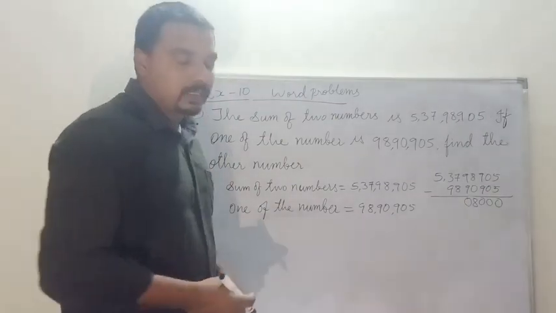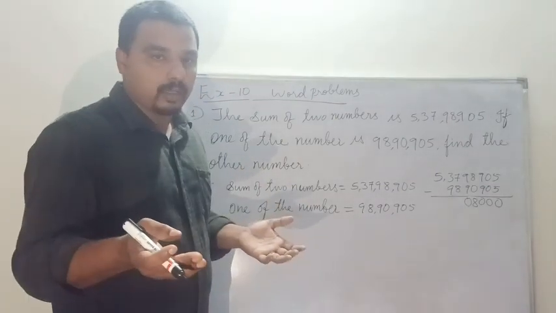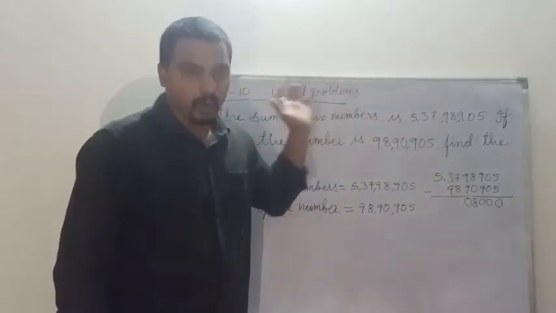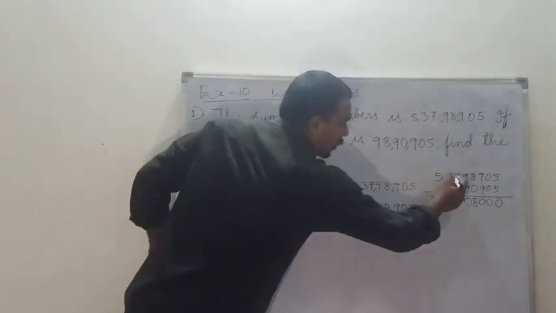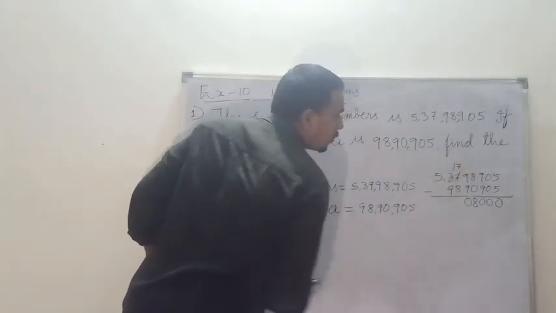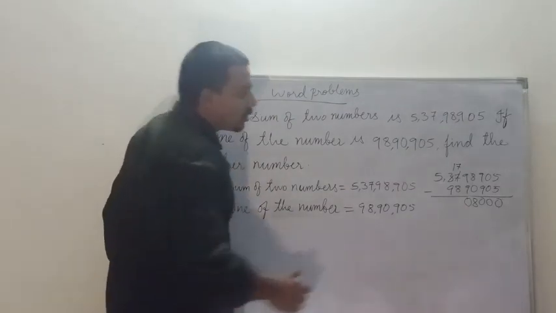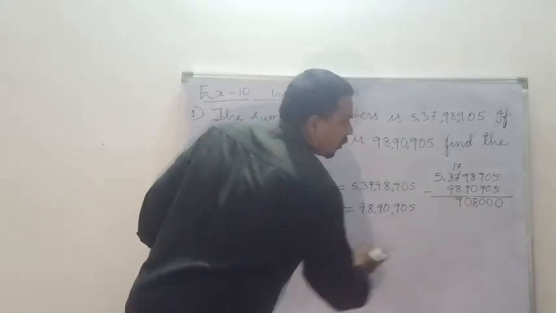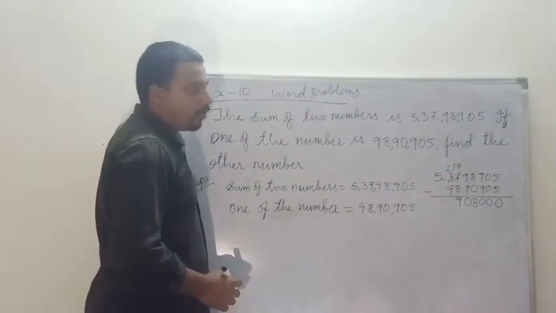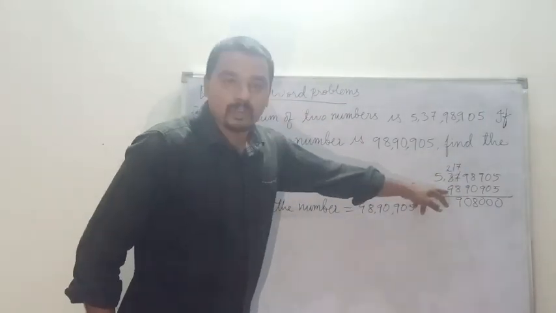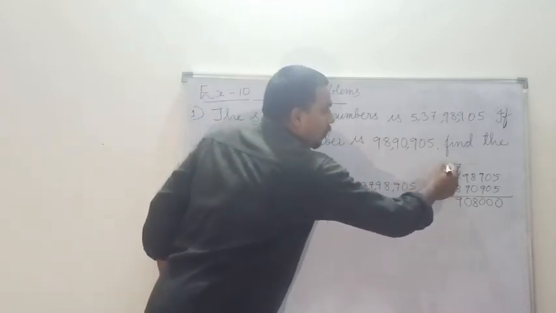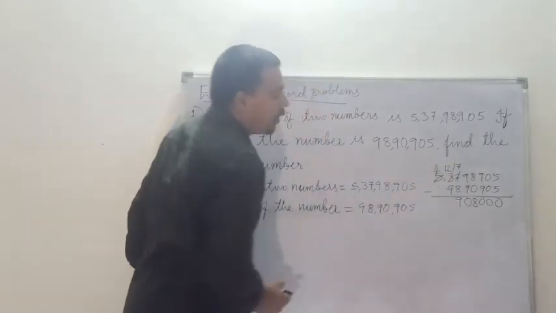Next is 7 minus 8. It is impossible, since 7 is less than 8. So what do we have to do? We have to borrow. So from 3 we are borrowing 1, so this 7 will be 17. 17 minus 8 is equal to how much? 9. How much is remaining here? In the place of 3, only 2 is remaining. So here also we are not able to subtract 9 from 2. So we are borrowing 1 from here, and how much will be remaining here?